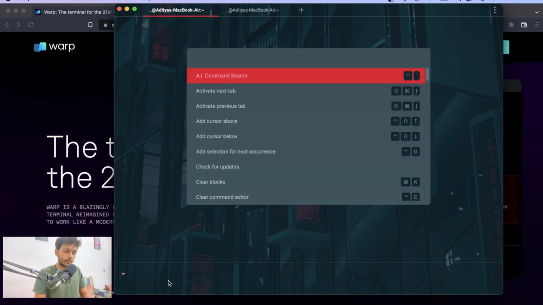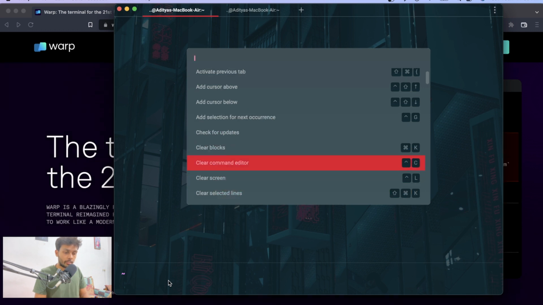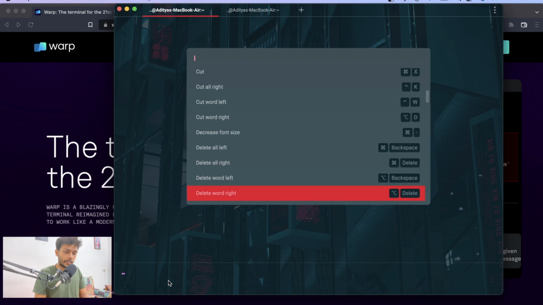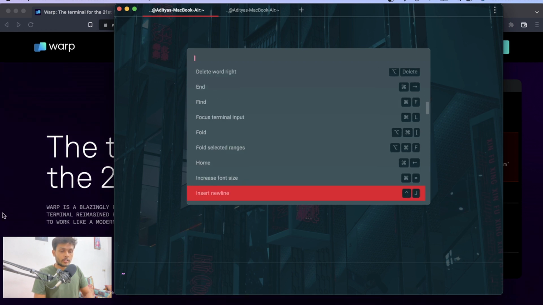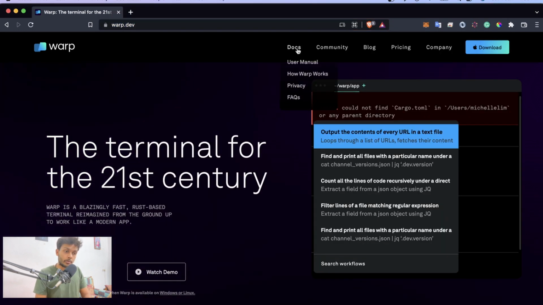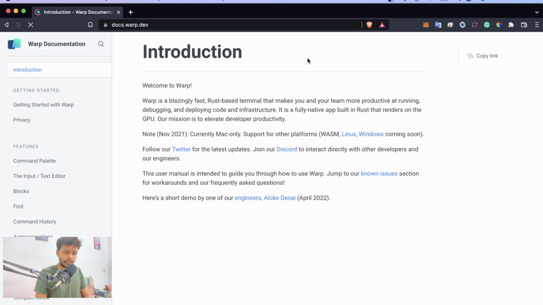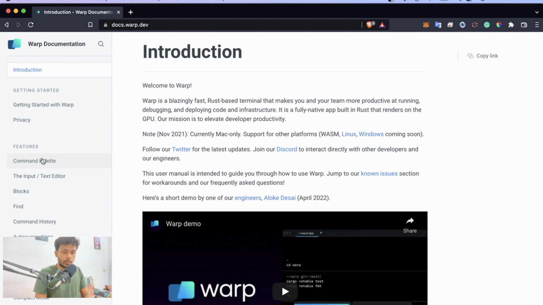And there are some other features as well, like copy command, delete, and all. So let's go to its documentation. From there we will get more insights into what features it is providing to us. So now,